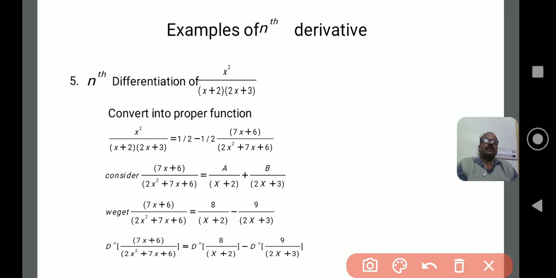Okay, next topic, we are taking one problem from the partial fractions. Observe the result. You should remember what partial fractions are, everything we learned already in the second PU. The main thing is to identify at the beginning whether the given partial fraction is proper or improper. Okay, how to identify?